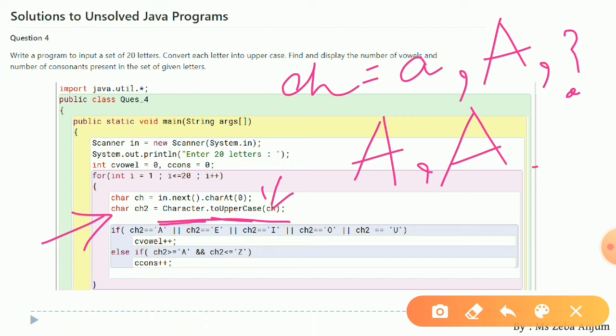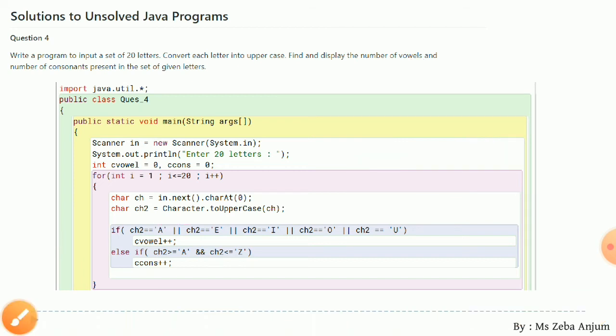So again it is going to give you the question mark, the same. But a small case letter should be converted into an uppercase letter. That is our concept. Yes, now we have converted into uppercase.